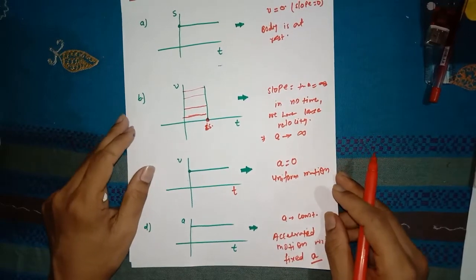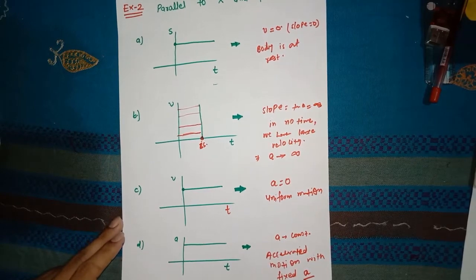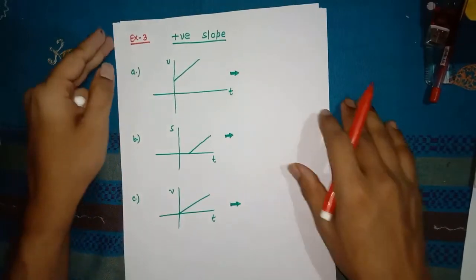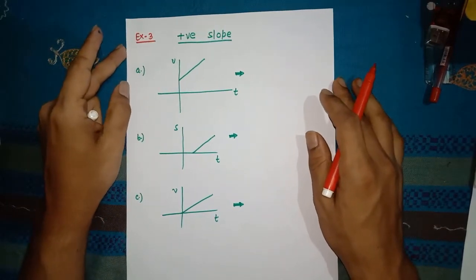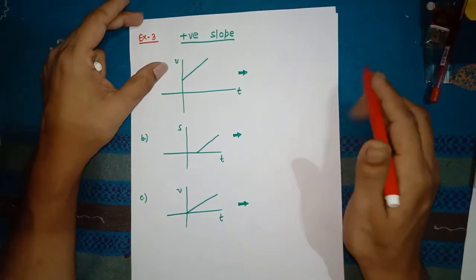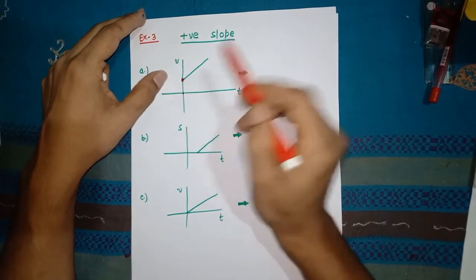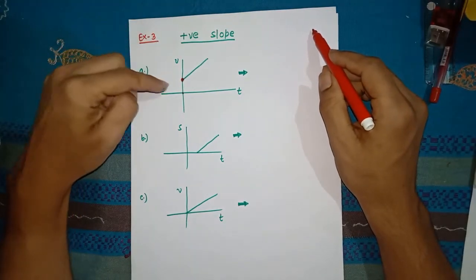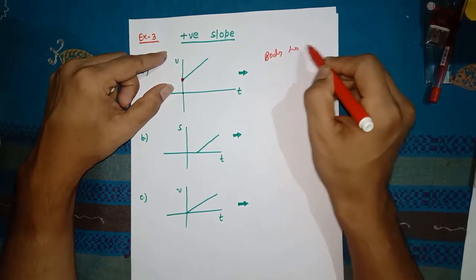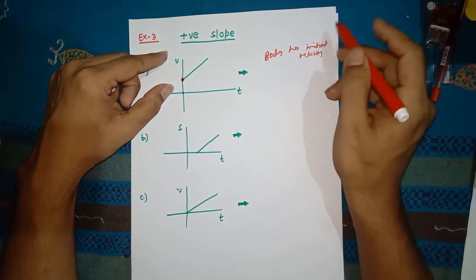So I hope you have understood what the graphs are which are taken here. Now I give you another example for positive slope. When the graph has a positive slope, what do you mean by that? Here I take a body that starts from some speed. The situation says that the body initially has some initial velocity, meaning the body is not at rest initially,